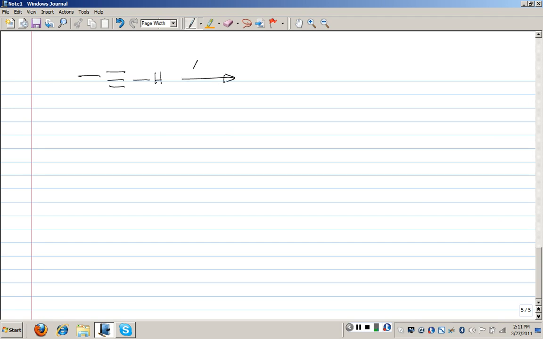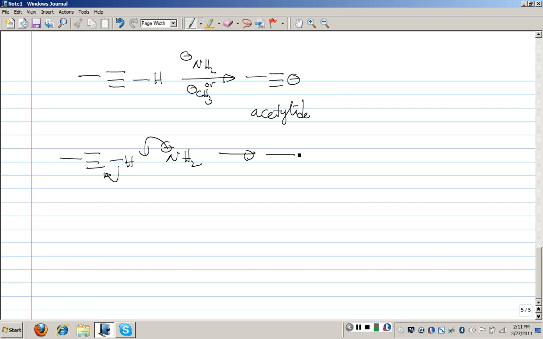If I treat a terminal alkyne with NH2 minus, or with, for example, CH3 minus, what I would get would be the corresponding acetylide. This is an acetylide, and this is a simple acid-base reaction. So it would be the alkyne, for example, plus NH2 minus, which would give rise to the acetylide plus NH3. Or the alkyne plus CH3 minus, which I'm just going to write as Me minus,